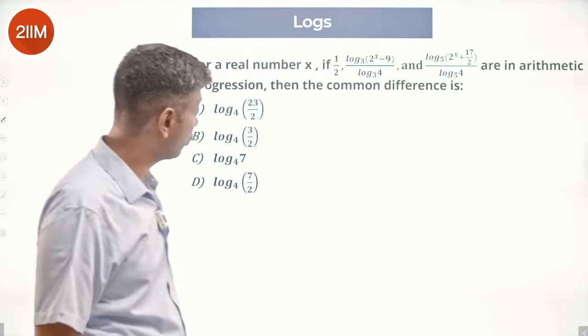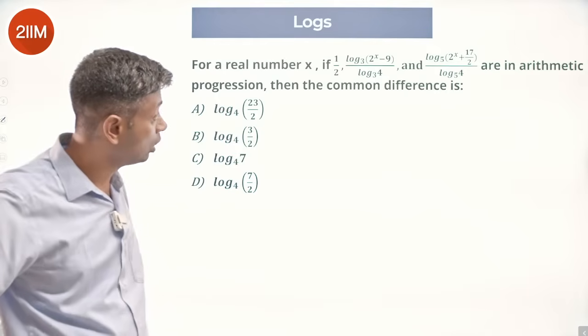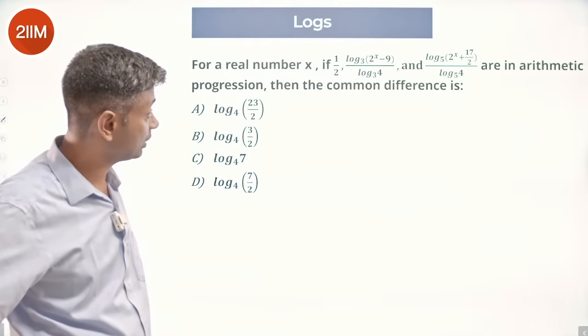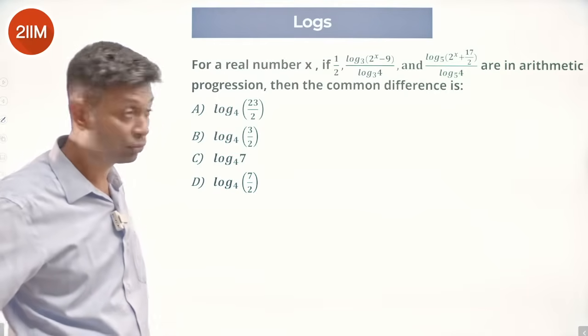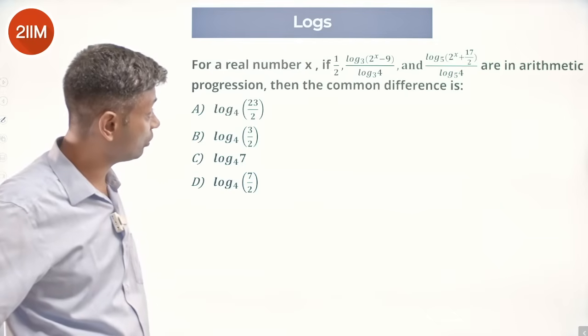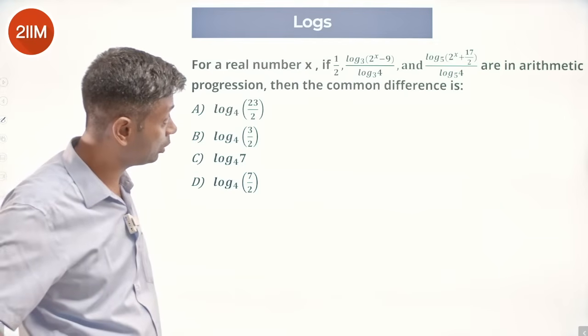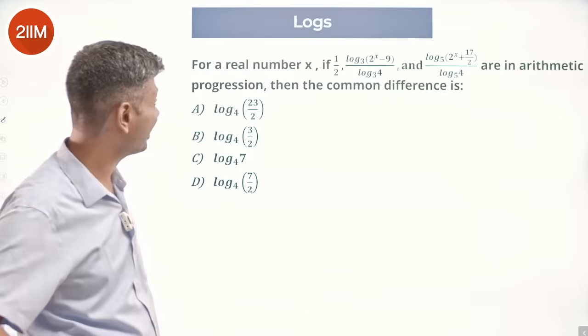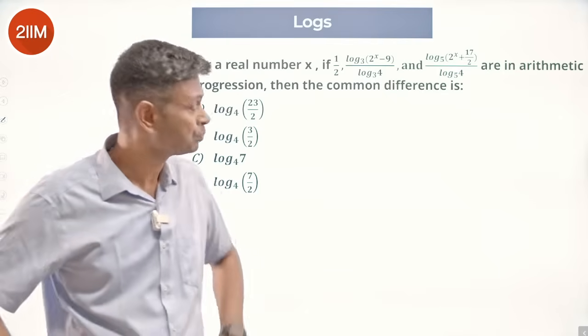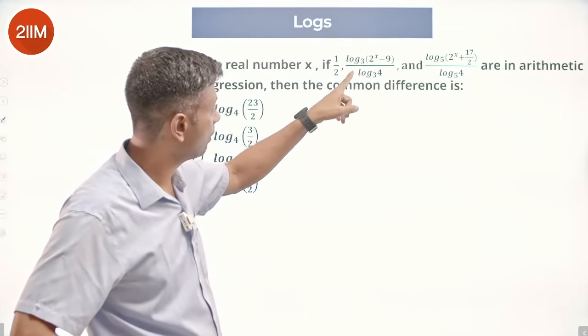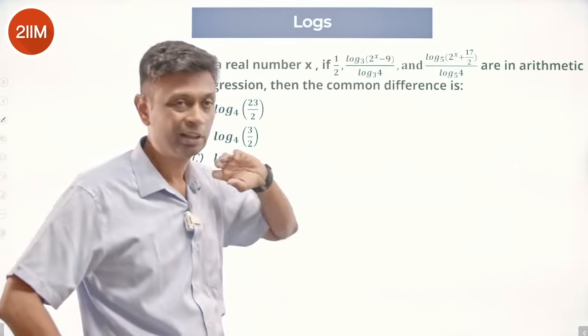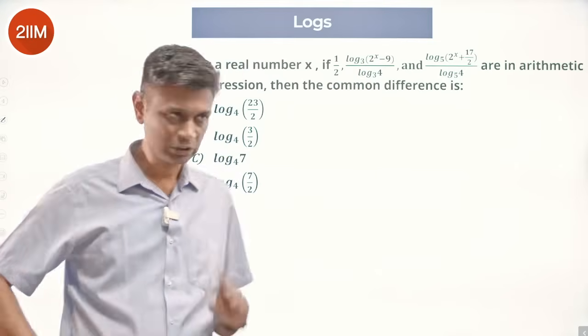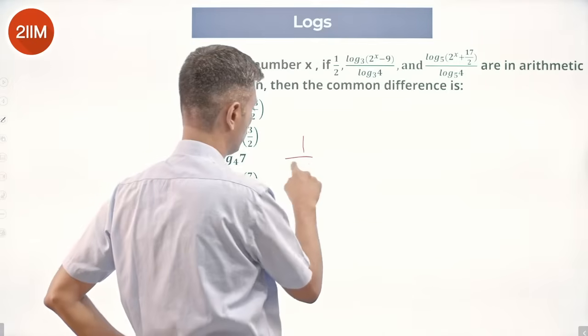For real number x, if 1/2 log to the base 3 of 2^x minus 9 over log to the base 3 of 4, log to the base 5 of 2^x plus 17/2 over log to the base 5 of 4 are an arithmetic progression. First of all, log a to the base b over log c to the base b is log a to the base c. And so I'm going to simplify this and say the terms are 1/2,